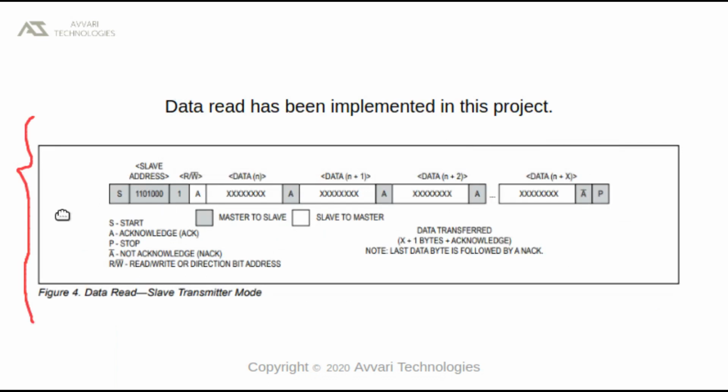We are reading data from the real-time clock. This is how we can implement it. This frame can be seen in the datasheet of the DS3231. First, we need to enable the start condition. Before seeing this implementation, let us go through the code.